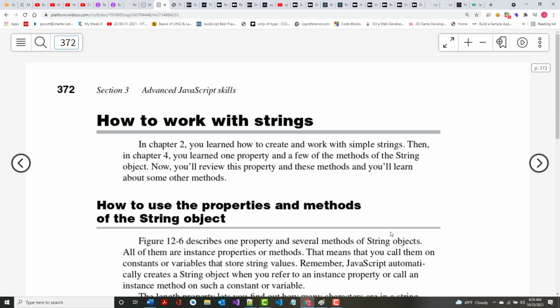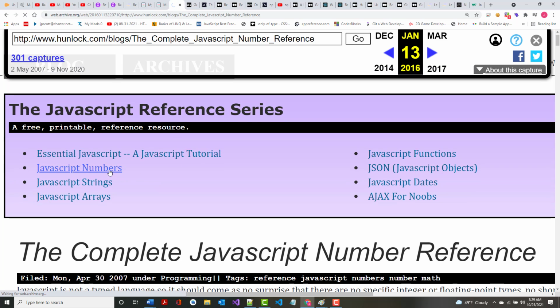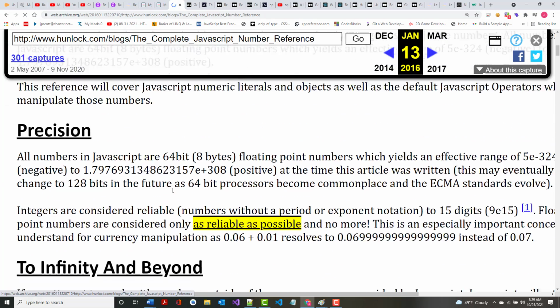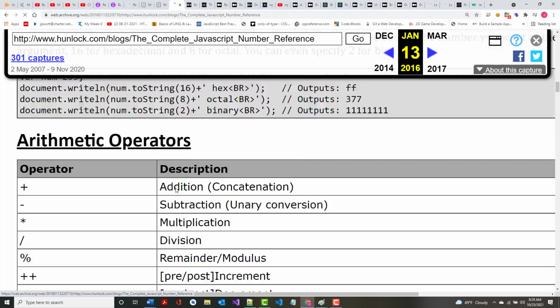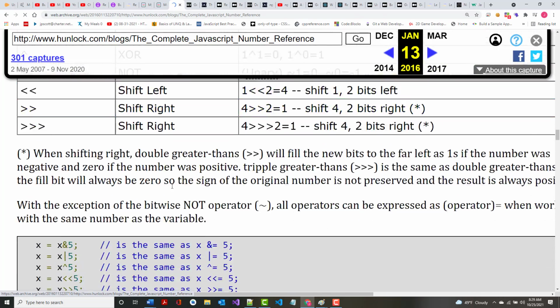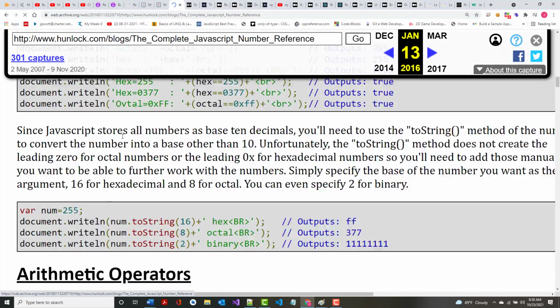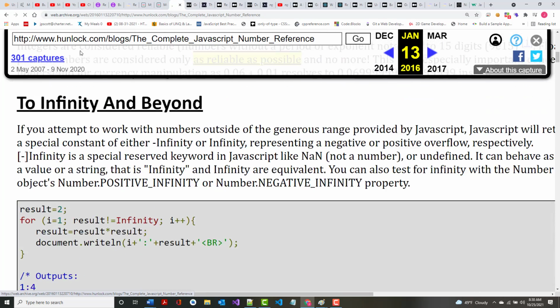All right. So that was pretty much numbers. And again, sorry if I sound like a broken record, but you go to numbers here, under this Hunlock reference that I gave you, there's a whole number reference. So if you're taking the test and something doesn't make sense or you forget how to do something, go back to there. And if you don't like that, as always, go back to W3 Schools. The next thing that's here,